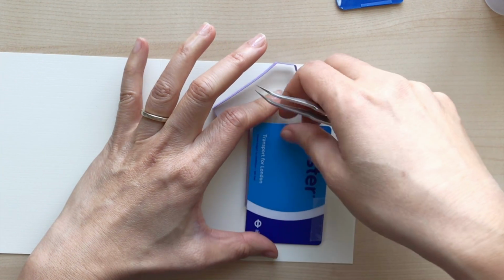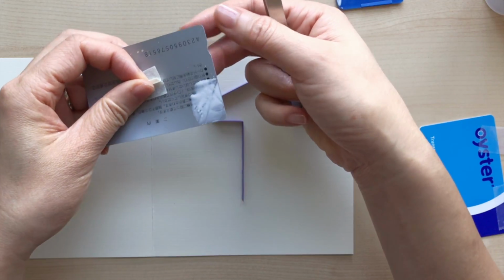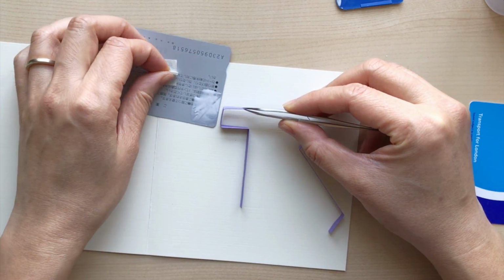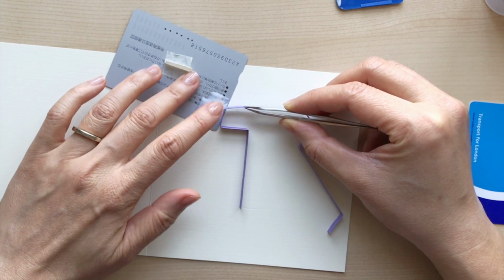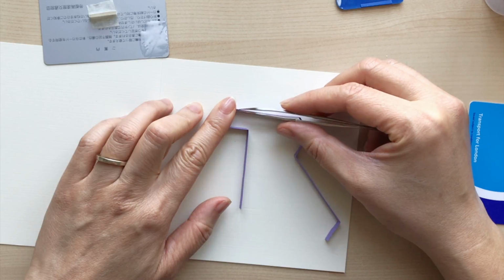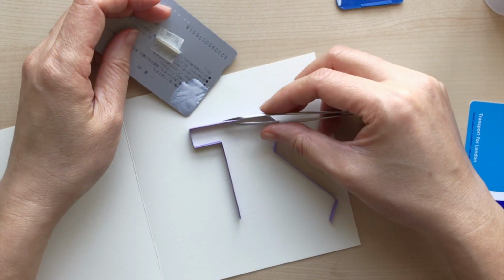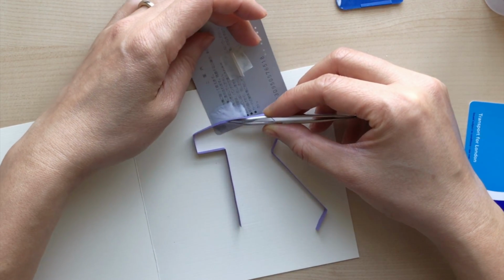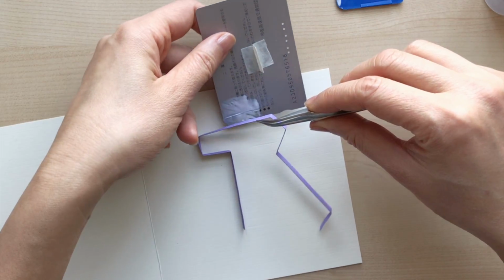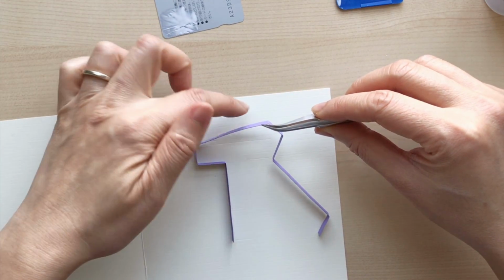Now we can remove this card. And now you can see why doing it on such a thin card here is so helpful, so that I can slip it underneath the strip. Because it would be a little bit harder on a thicker card, I believe. And then just because it is so thin, I'm just going to raise it up in the air as I go to dip the rest of this strip, just in case this part might touch the card,